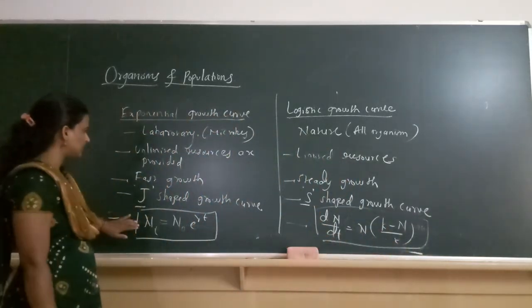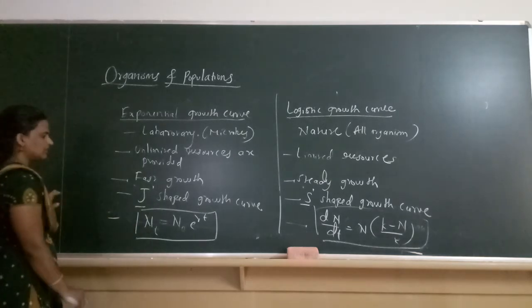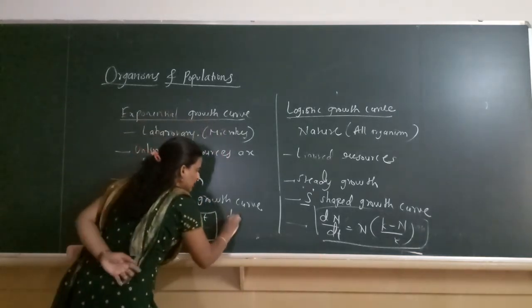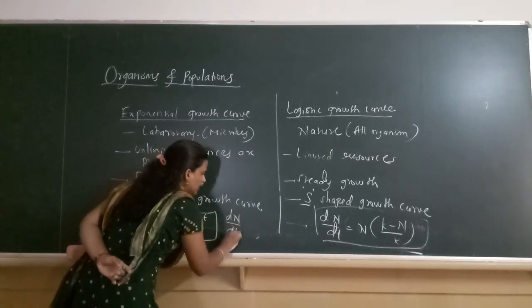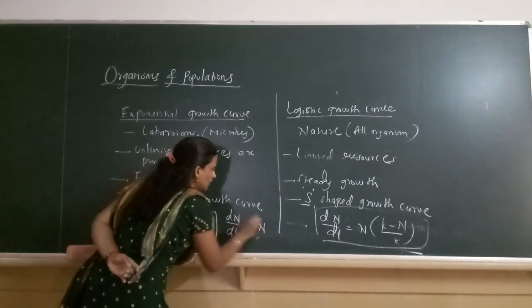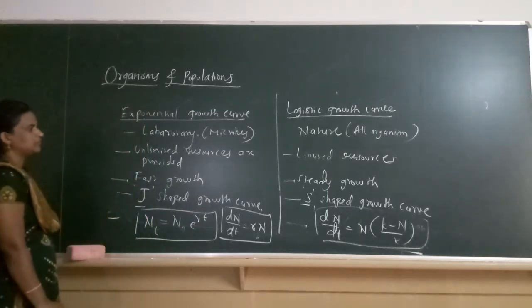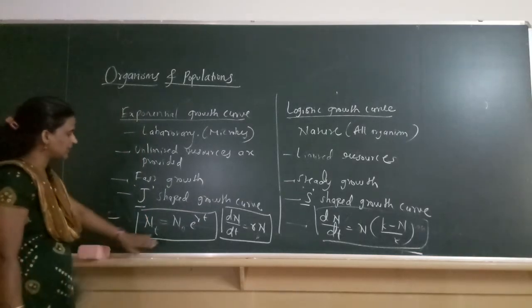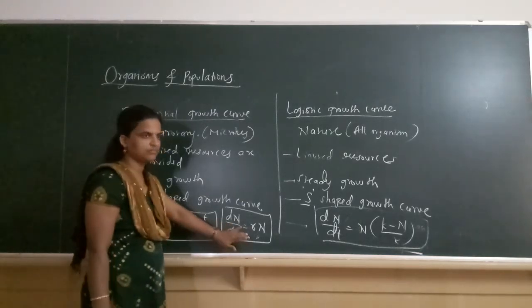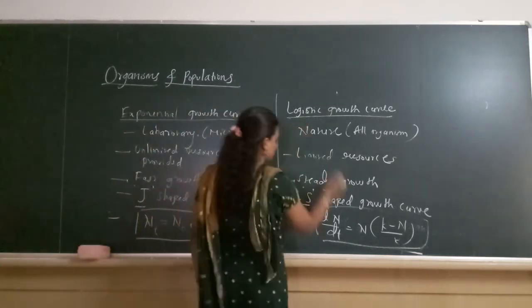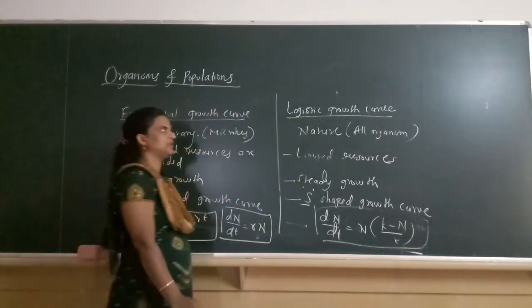One more mathematical expression is there here. What is that mathematical expression? One more simple expression, that is dN divided by dt is equal to rN. This is one more simple expression of the exponential growth curve. This is the simple expression of the exponential growth curve, and this is the mathematical expression of the